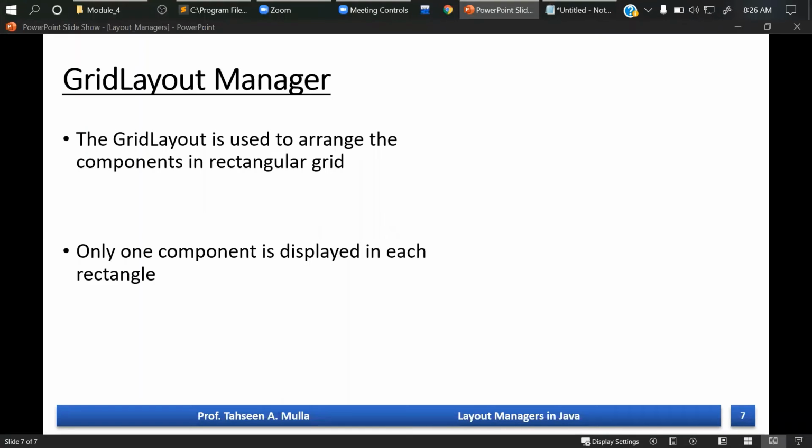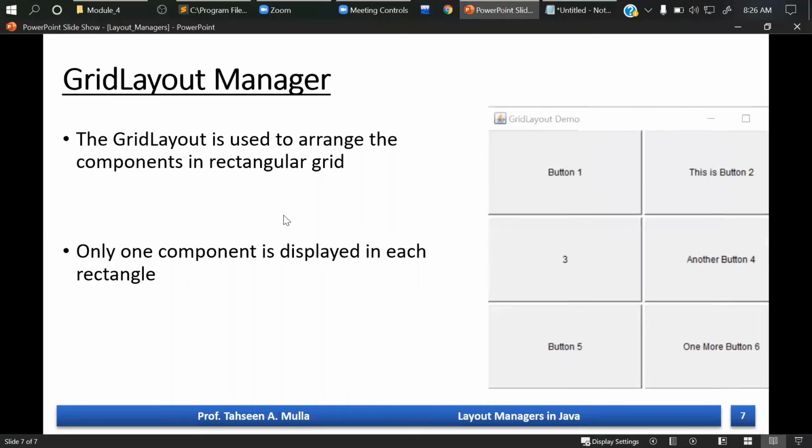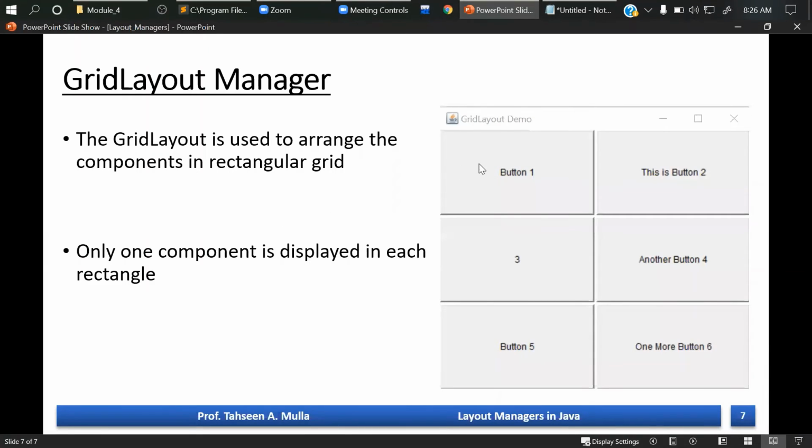Now here, in each rectangle, only one component is displayed. Right now you can see I've taken the same example of flow layout where I've added these buttons. In flow layout, the button size was according to what text is being provided. For example, if I consider this as button 1 and here as button 3, the button sizes of button 1 and 3 were comparatively according to what text has been provided into